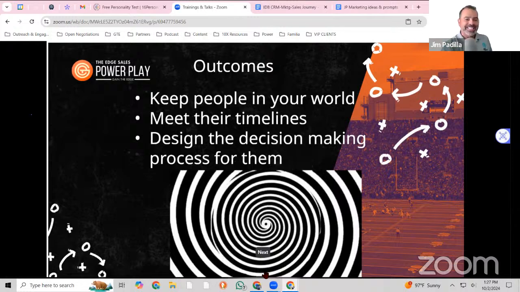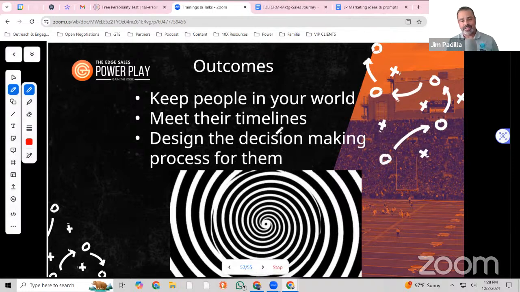And then you're designing a decision-making process for them. When's the last time you thought you could actually help them make a decision without feeling like you're manipulating people? That's a problem. I know a lot of people get very caught up in that. I don't want to manipulate people. This isn't manipulation. This is guiding a process that they have agreed to voluntarily step into, right? So you are helping them make the decision the way you know, with all the right criteria and things in place that they need to make that powerful decision.